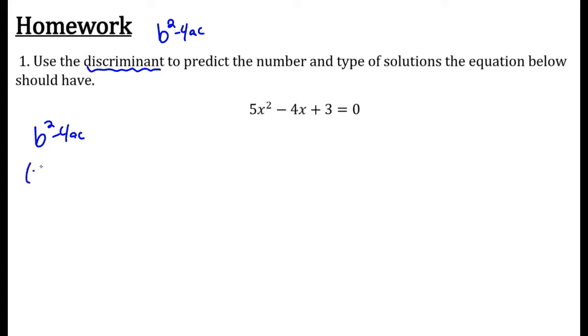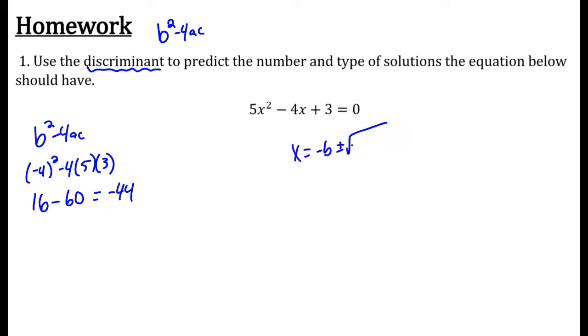Negative 4 squared minus 4 times 5 times 3. Well, 16 minus 60 gives me negative 44. So when I do the quadratic formula, x equals negative b plus or minus the square root of negative 44, I'm taking the square root of a negative number. So because my discriminant is negative,